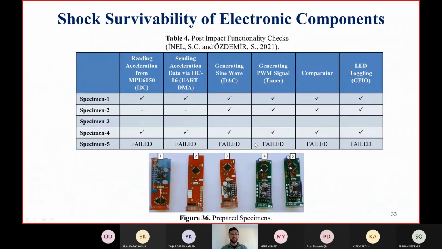Now I will continue. This is the table of the functionality check. After the second impact, specimen 5 failed in all tests, as you see. Interestingly, specimen 4 also passed all of the tests, but it is very hard to say that the THD components, non-ruggedized components, are suitable for artillery firing, because first of all they shake dramatically,